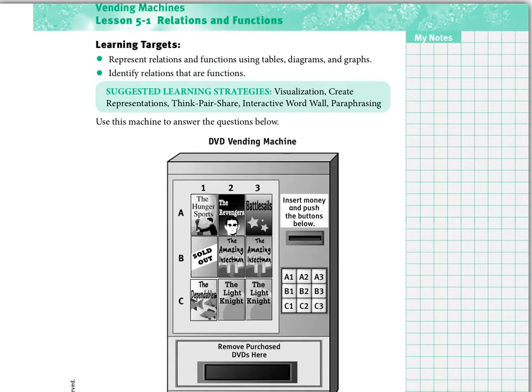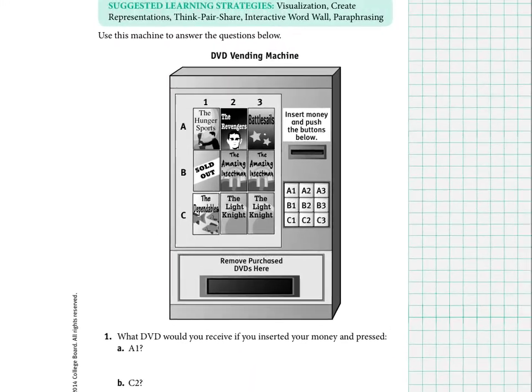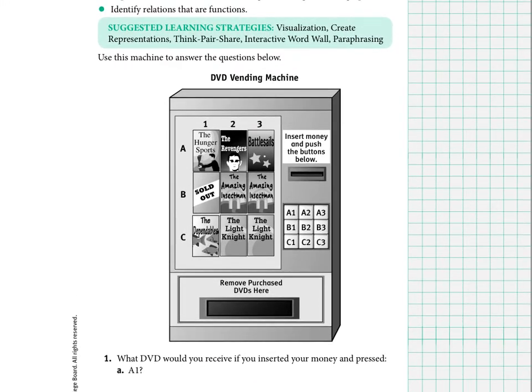So when we talk about relations and we talk about functions, it's really all about input and output. What do you input and what are you going to get for your output? What are you going to put in for X and then what are you going to get out for your Y? So they relate the